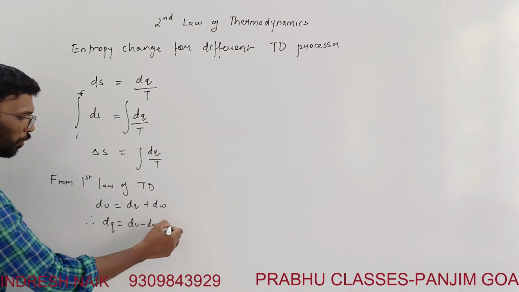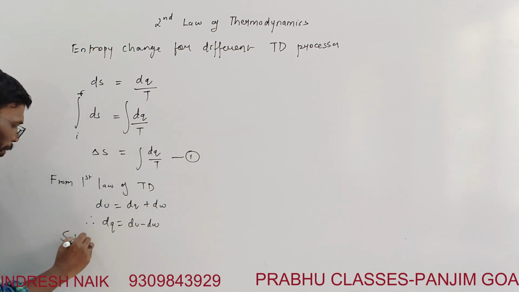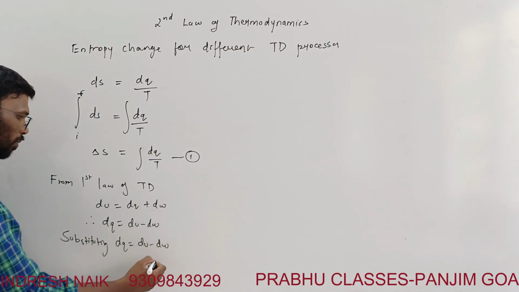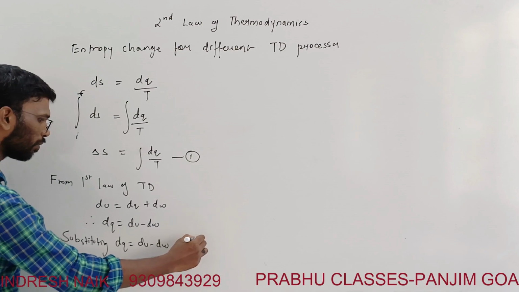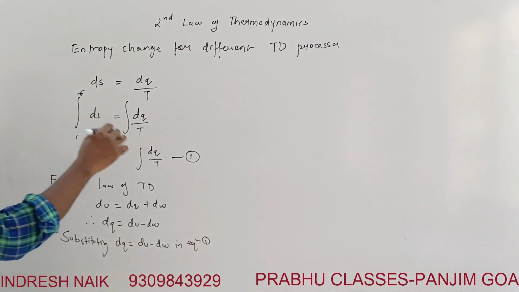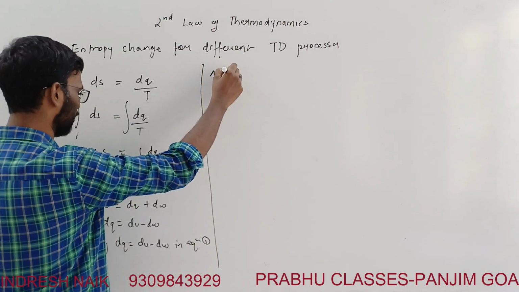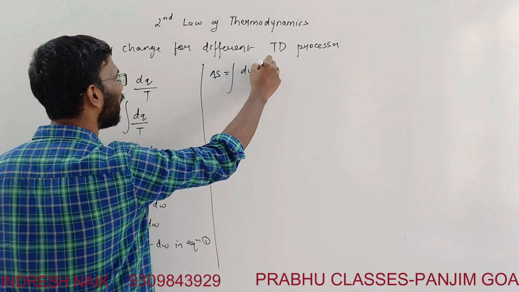So substituting this in equation, let's say this is equation 1, substituting dq is equal to dU minus dw in equation 1, what do we get? We get delta S is equal to the integral of dU minus dw